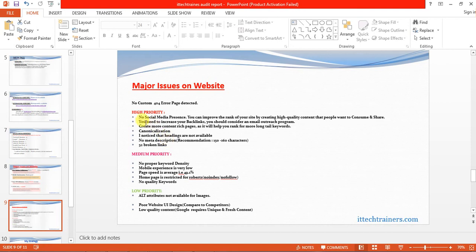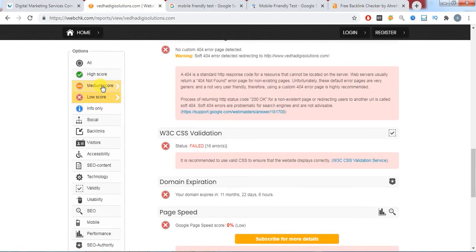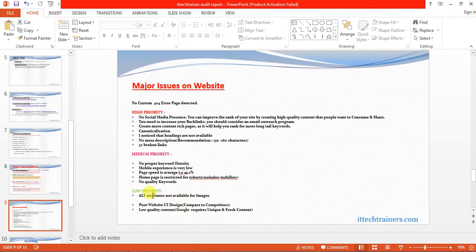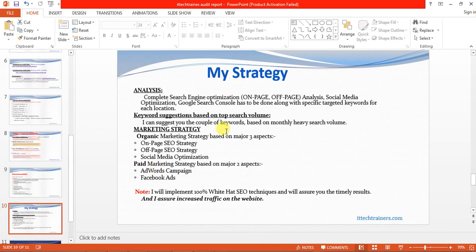You need to mention all this. Okay, and the medium priority, you need to mention the medium score details. Okay, and next one is low priority. So all these issues we need to mention in this report, and you can give your analysis of their website, what kind of necessary aspects you can give for their website.